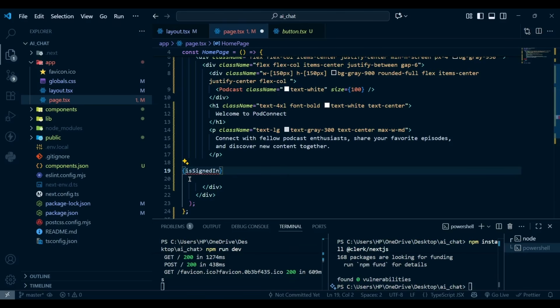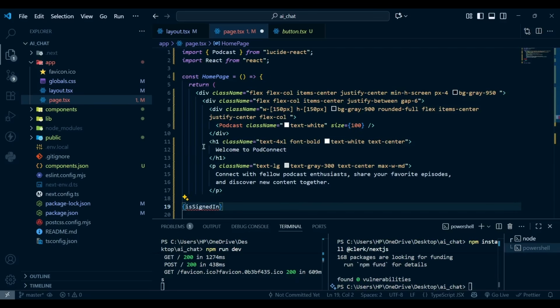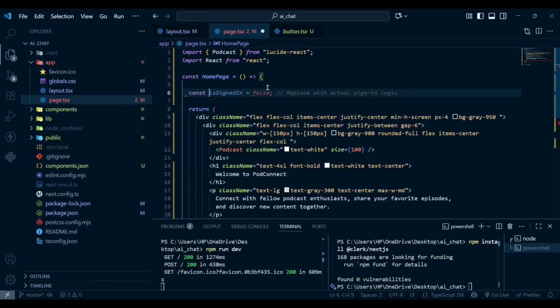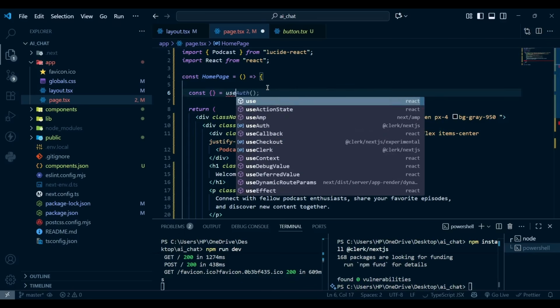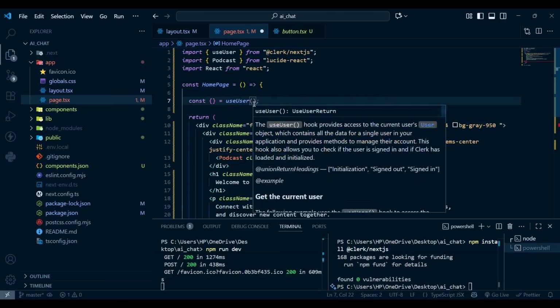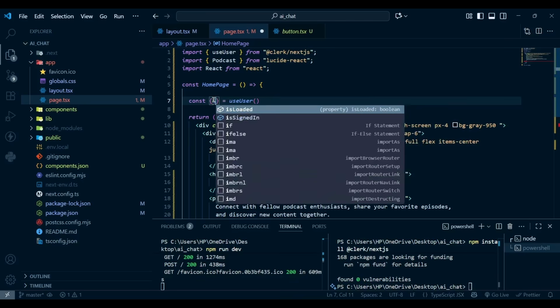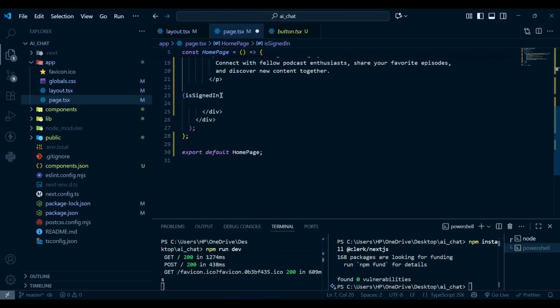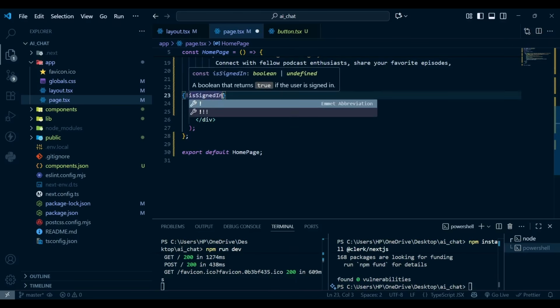So we need to get it here. So const, we're going to get something from useUser, and we will get this useUser hook from Clerk, and here we're going to import isSignedIn, and here we're going to check if the user is not signed in,